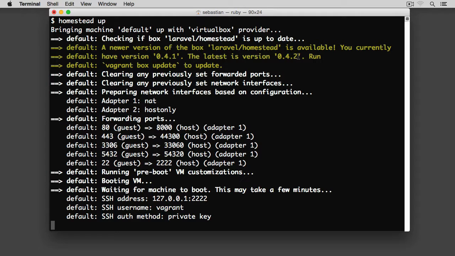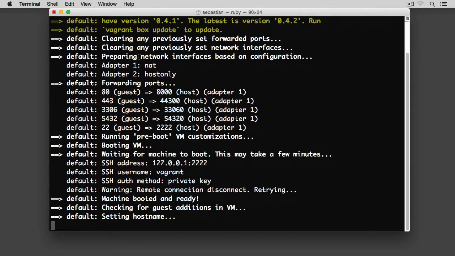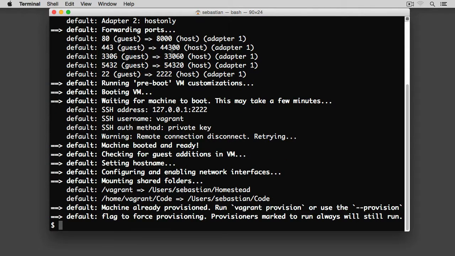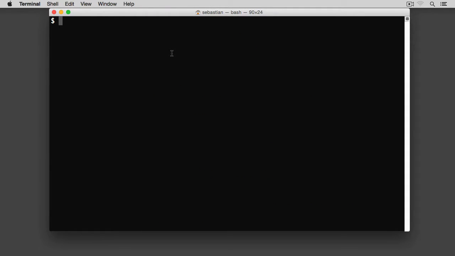There's a 0.4.2, and in order for me to update, what I need to run is vagrant box update. What I can also do, obviously, is use homestead box update, because as you may remember from the previous episode, we created this alias homestead, which allows us to call any Homestead related Vagrant commands from any directory within our file system. So now that the box has booted up, I'm going to clear the screen, Command K, and call homestead